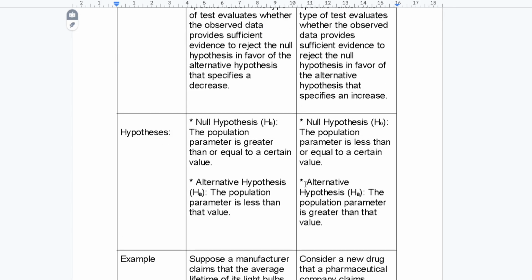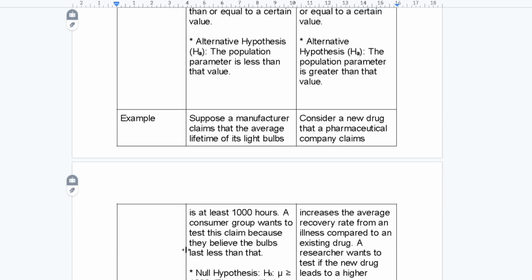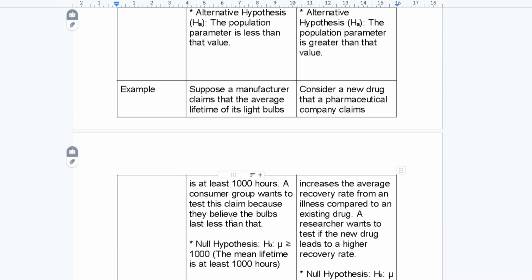So here, in the lower tail, the null hypothesis H0 is that the population parameter is greater than or equal to a certain value. The alternative hypothesis is that the population parameter is less than that value. In the upper tail, the null hypothesis is that the population parameter is less than or equal to the value, and the alternative is that it is greater than the value. Example: suppose a manufacturer claims that the average lifetime of a light bulb is at least 1000